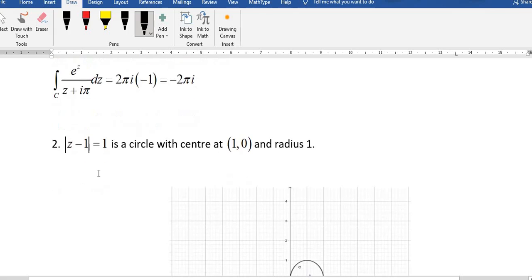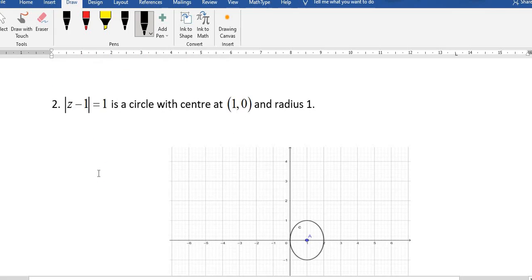Next we are going to consider one more contour, but the integration is the same, the contour is different. Observe modulus of z minus 1 equal to 1 is here. This is the given contour. So the center is (1, 0). Whenever the imaginary part is 0, the point lies on the real axis, and the radius is 1. Observe, this is the circle that represents mod z minus 1 equal to 1.